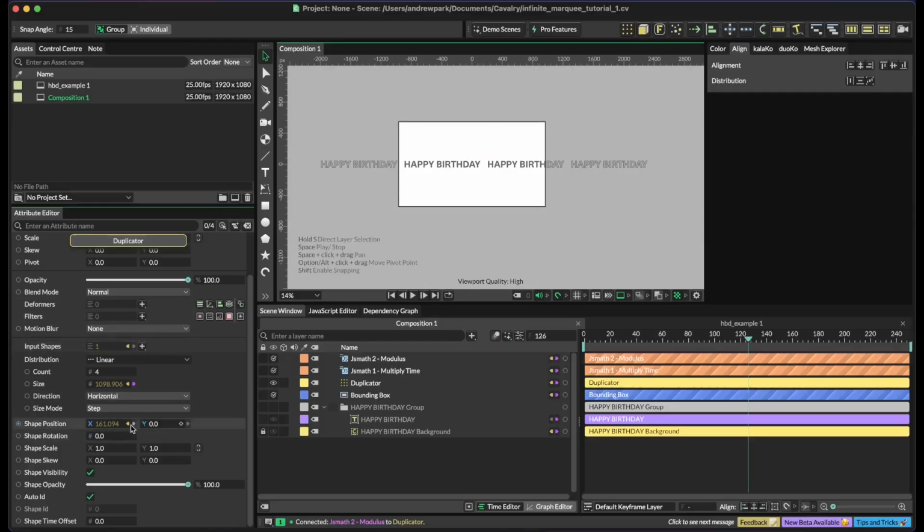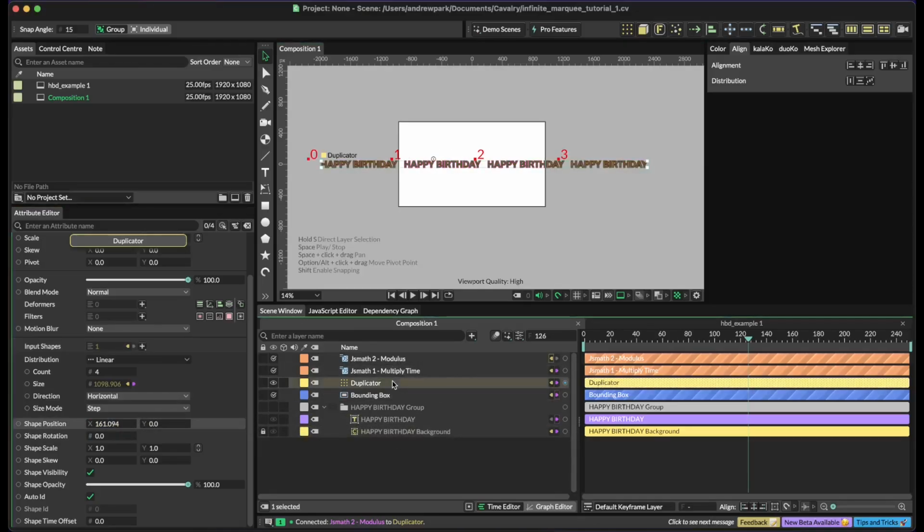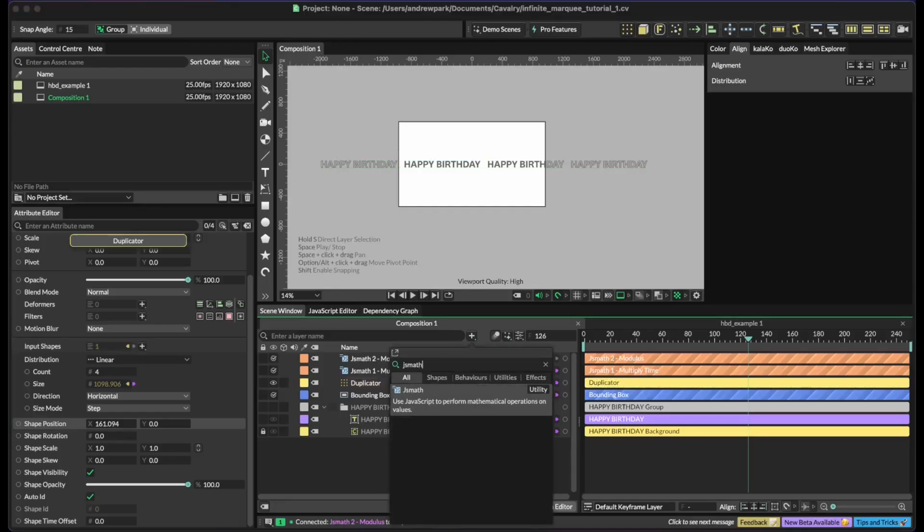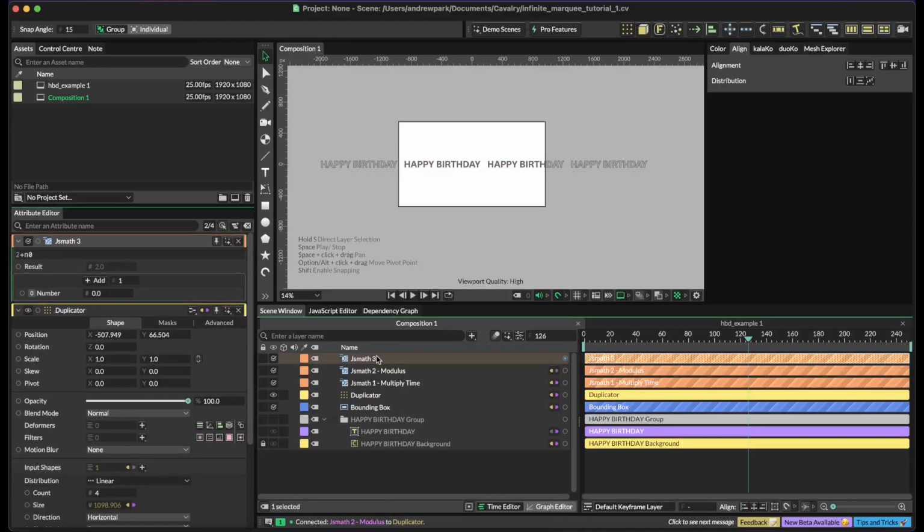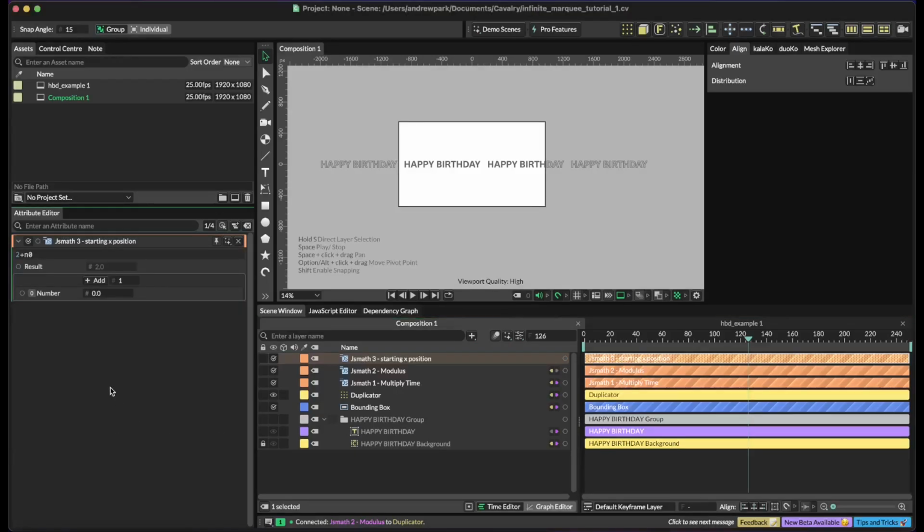I'm gonna disconnect this for now because I kind of want the content to be sort of like in the middle of these duplicator shapes. So I'm gonna create another JS Math for that. And I'll call that starting X position. For that starting X position, I'm just gonna put in the formula I have first, so n1 divided by